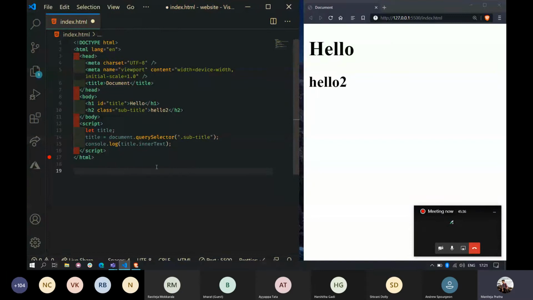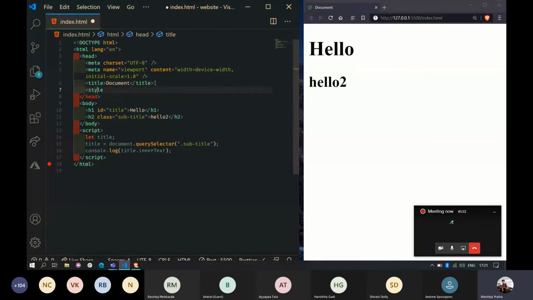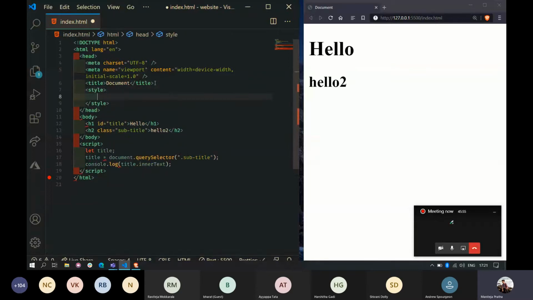Looks like a lot of you have doubts about hash and dot, which indicates you haven't watched the HTML class, right? So I will just show you again. To style an element with the help of its ID name, this is CSS. This hello has an ID of title.